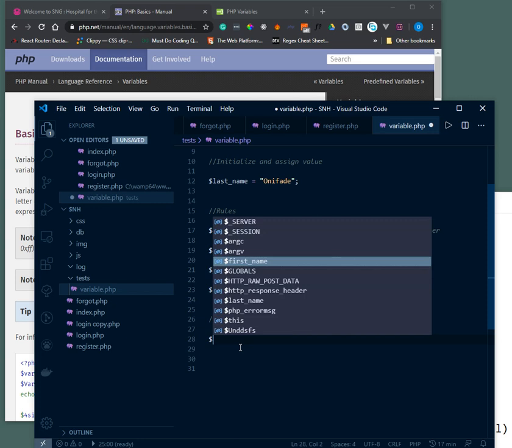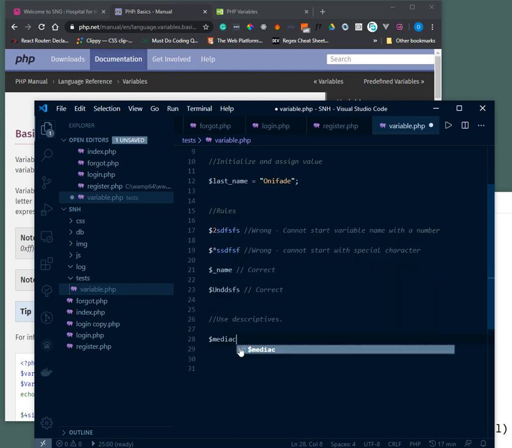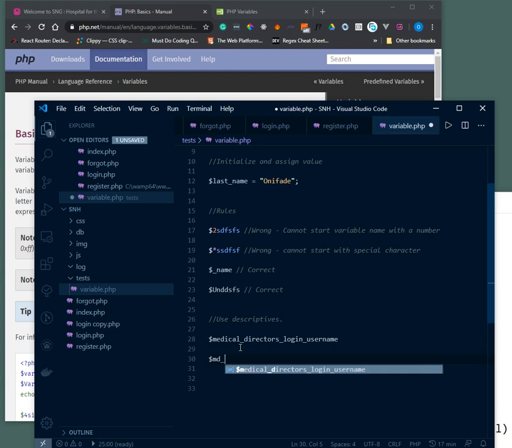I should not do something like this, medical directors, well, pardon the spelling, login username. This is too much. I mean, it could be reduced to MD username. This is still better. I don't know if there's any specific rule on the count of variable name you should have,